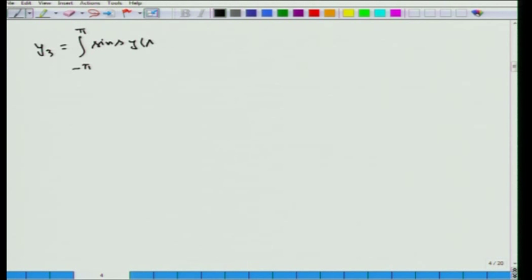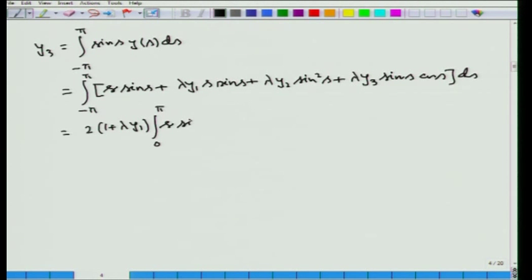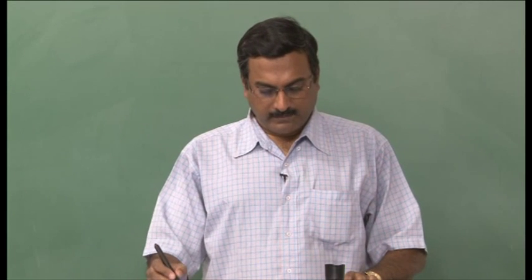So, substituting the expression for y s, this reduces to minus pi to plus pi of s sin s plus lambda y 1 s sin s plus lambda y 2 sin square s plus lambda y 3 sin s cosine s ds, and this will be equal to 2 into 1 plus lambda y 1 integral 0 to pi s sin s ds, because s sin s is an even function and the limit is from minus pi to plus pi, then plus 2